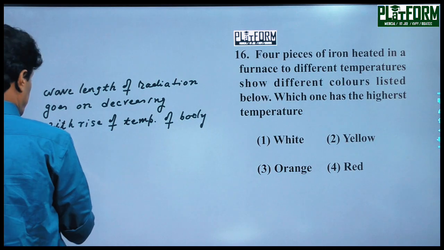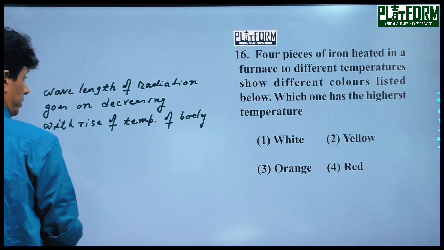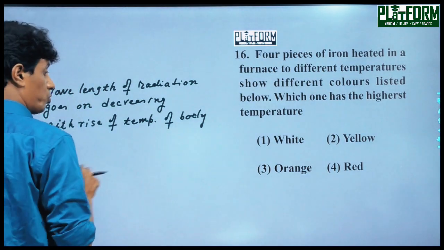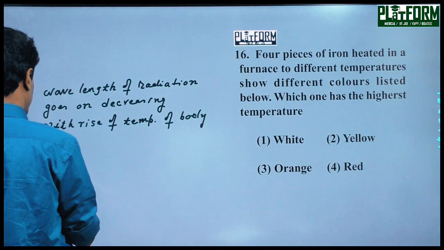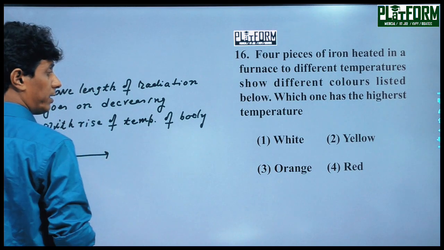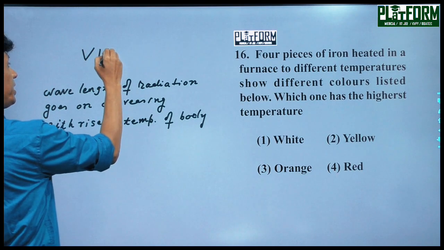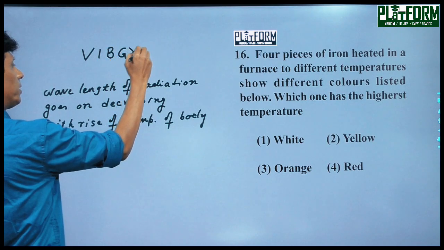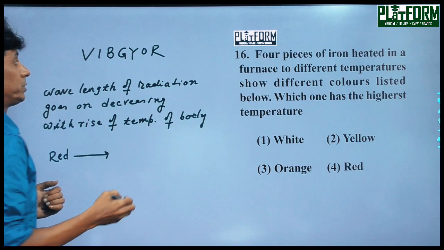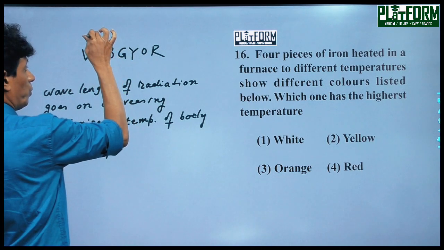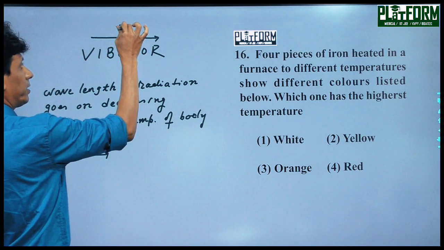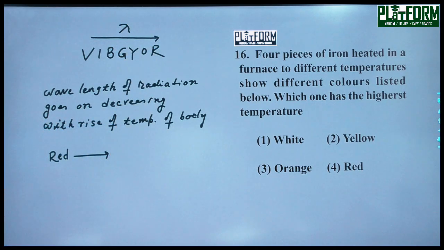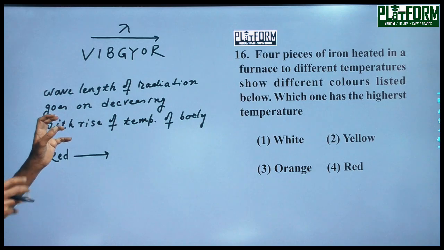So, with the rise of temperature, if any body is heated, the first color we get is red, then, you write here VIBGYOR, the wavelength increases, so the wavelength of red is highest and the wavelength of violet is least. So if the temperature of the body goes on increasing, first we get the red radiation,